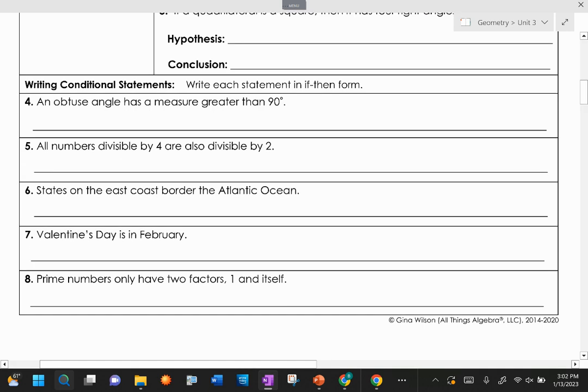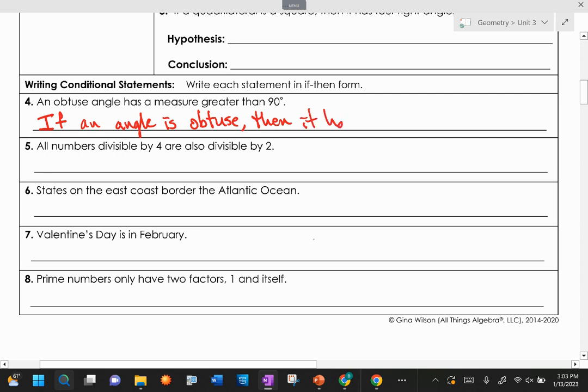Writing conditional statements. So now you're taking the hypothesis. You're trying to create an if-then statement. Like we have on number 4: an obtuse angle has a measure greater than 90 degrees. So a conditional statement there would be if. How do you think we could phrase our hypothesis? If an angle is obtuse, the conclusion is then